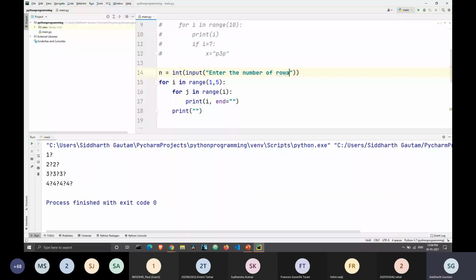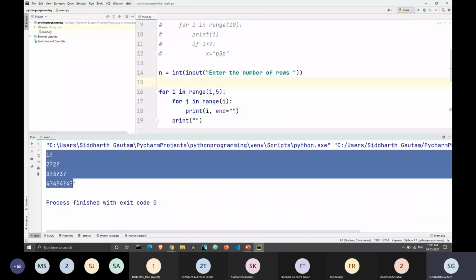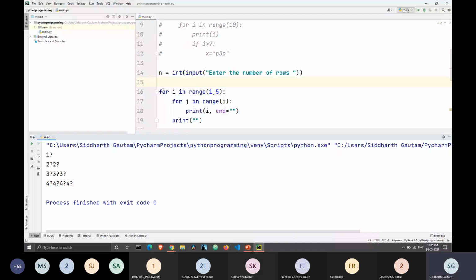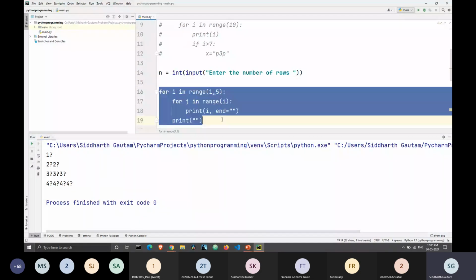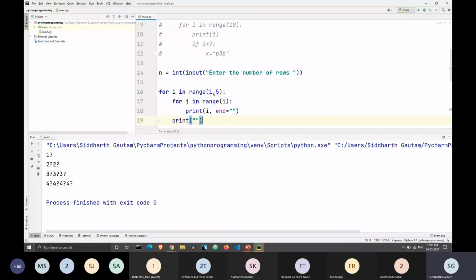Our loop here will see, we got a 90-degree triangle here also. So our looping conditions will stay the same, but we have to change the range of that loop.